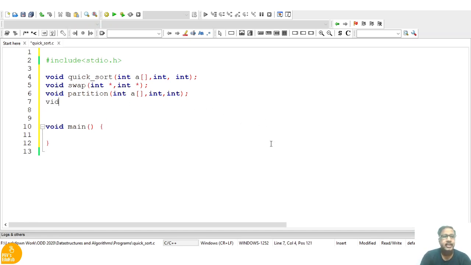And we require a function for displaying the array, and the size. So swap we are aware of how to do this.